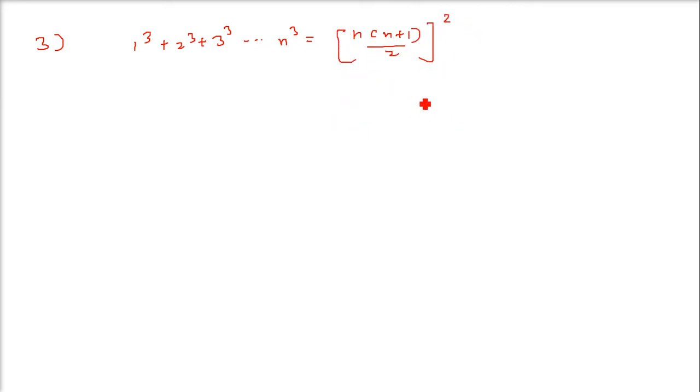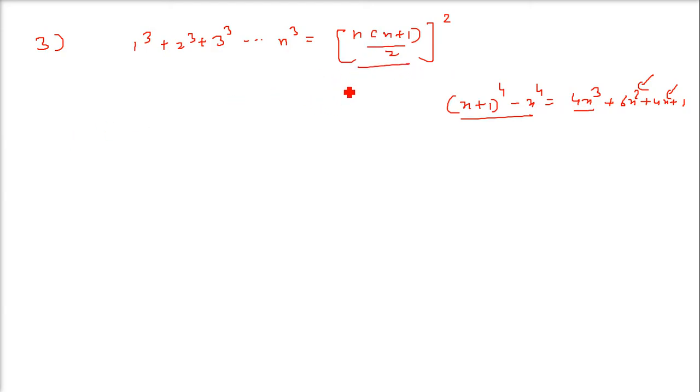Now here I'm just giving you an idea. You just try to solve. It will be x plus 1 whole to the 4 minus x to the 4 equals 4x cube plus 6x square plus 4x plus 1. Just put 1, 2, 3 like this. Here you already know this thing. We have already computed it in the previous discussion just now. This also you know, sigma x square you know, sigma x you know. This you will find out. So eventually it will come as this one. This is the final solution.